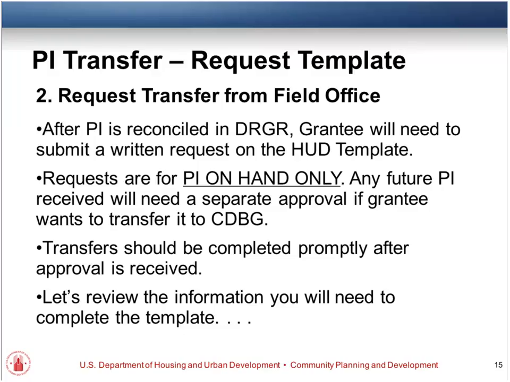And I want to break in here, again, on the sort of developing policy front. If your transfer is approved, but you have not received it yet on the CDBG side, know that we will be keeping track of the approval letters and considering the approval to be the point at which we will start considering that program income CDBG for purposes of looking at timeliness. Yes. And we know you can't control the time when HUD approves it, so we're committing to do those approvals as speedily, as swiftly as we can. But just keep in mind that it's CDBG as soon as you request and we approve.